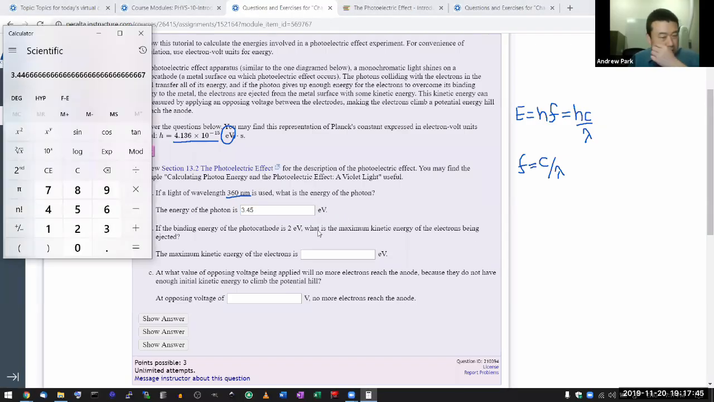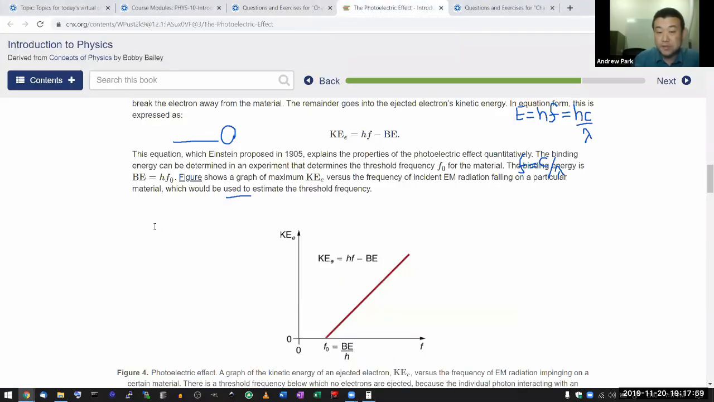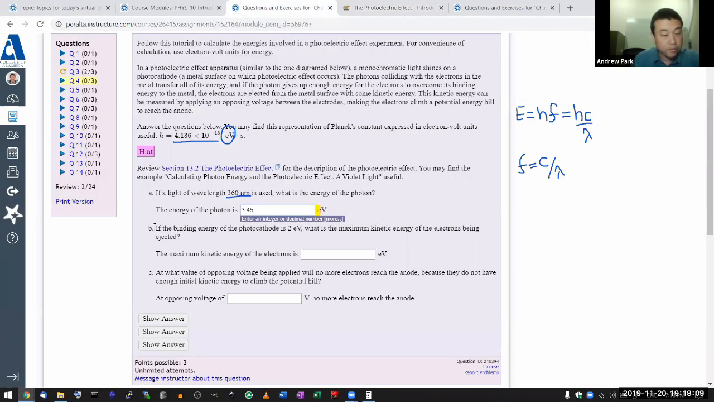Let me submit all at once because I don't know what's going to happen to the image that I deleted. Okay, it says if the binding energy of the photocathode is 2, what is the maximum kinetic energy? This is why I ask you to read the chapter, because if you have read the section, you see that the relationship is very simple. The maximum kinetic energy is photon energy minus the work function. So I had the photon energy, 3.45, subtract the binding energy, I get 1.45, and that should be the correct answer. And it asks,